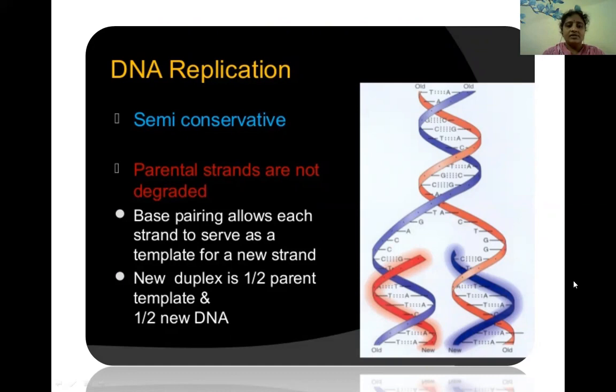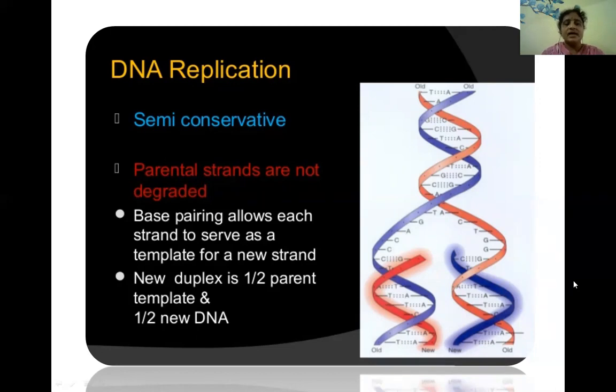This is the semi-conservative model, and this is the discontinuous model. The process in which the macromolecule is used as a template to synthesize its own copies is called replication. It occurs during the S phase. It is a self-duplicating process, which is one of the characteristics required for DNA to act as a genetic material.